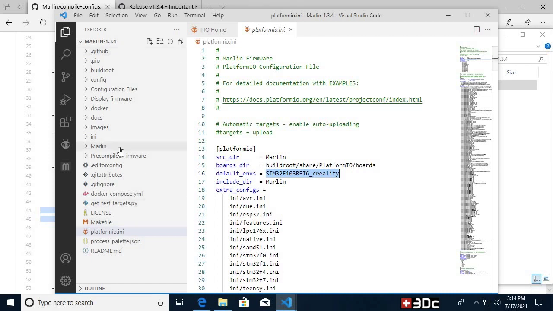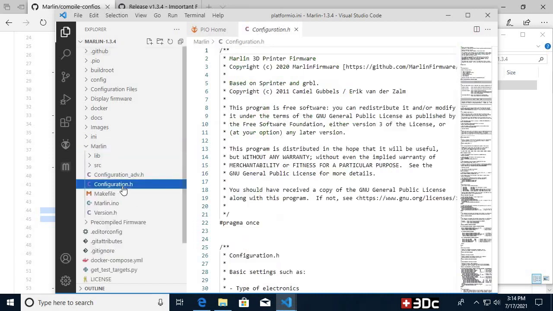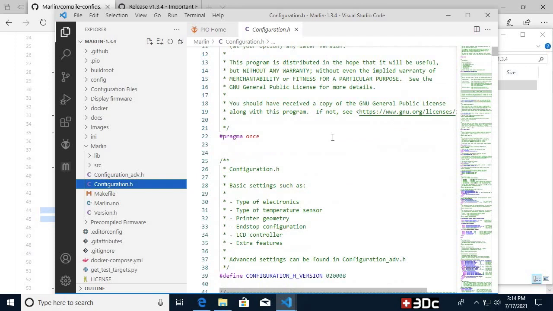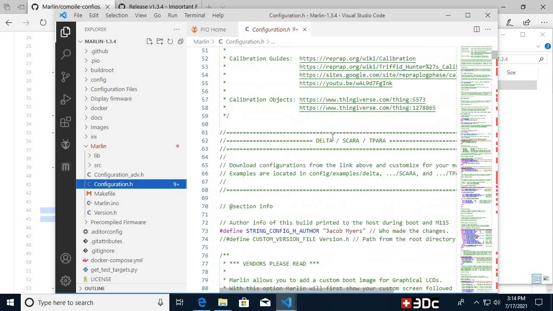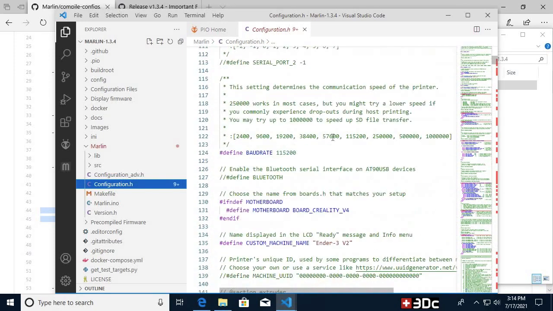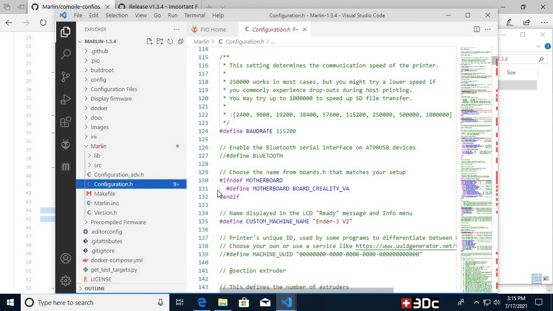The second thing that we're going to check, just to be sure, is in this Configuration.h, around line 101, what's the motherboard? And here it's board Creality v4. And if we go back to the